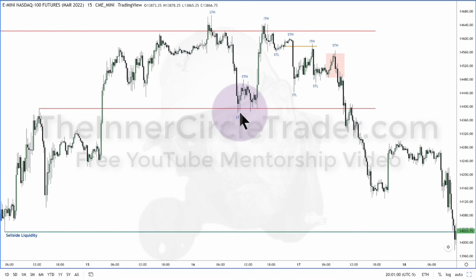In this case, I'm framing the idea and logic around that fair value gap that I outlined in front of all of you, saying it's likely to go up there, rebalance, and then go lower and take out that old daily low. There's lots of ways you can frame your trade, but you have to have something directly linked to that daily chart, because the daily chart, that's exactly what institutions are working off of. That's exactly what banks are working off of. That's where the money is. That's where your bias is going to be determined. That's going to be what makes or breaks your trend continuation, that daily chart.